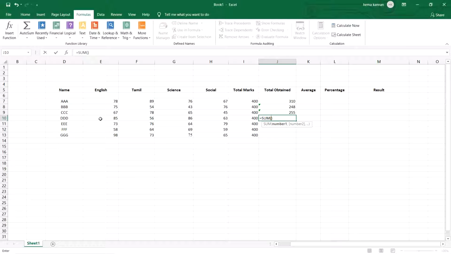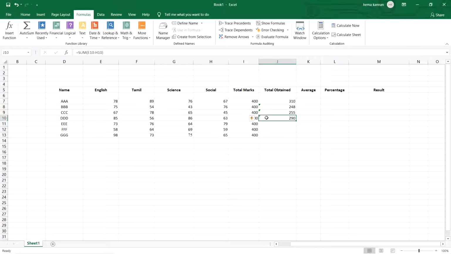It will drop the name of the formula for that particular cell. After selecting the sum, you can give the range from and to which cell you need to calculate those values. Once you gave that, press enter.